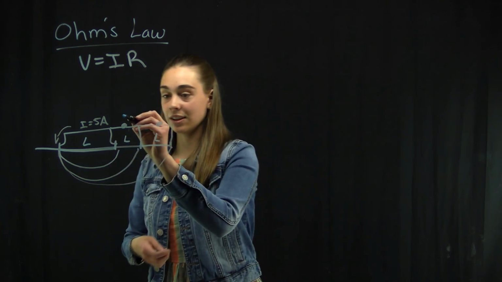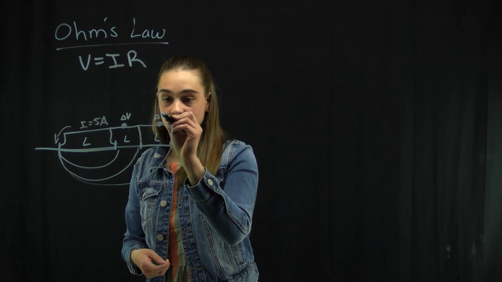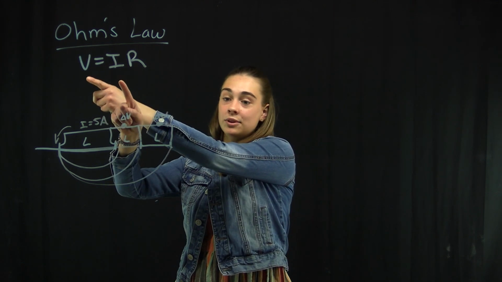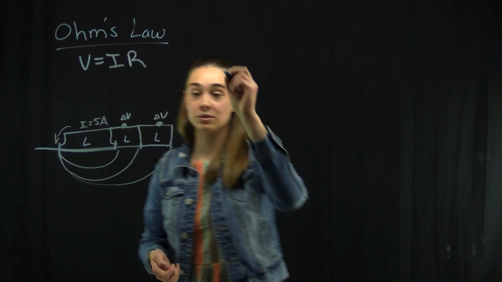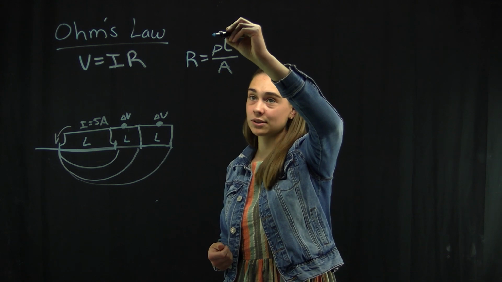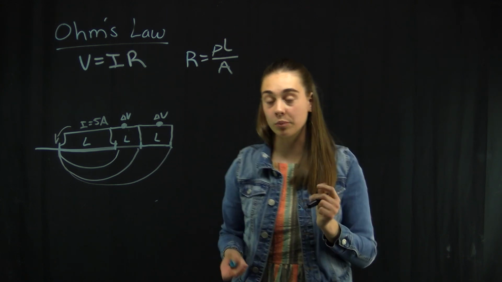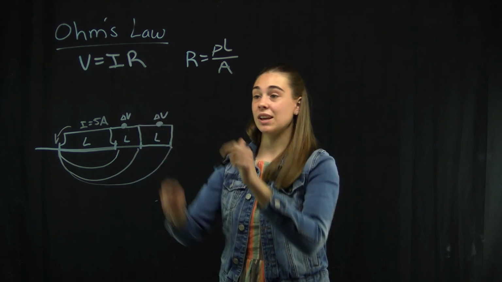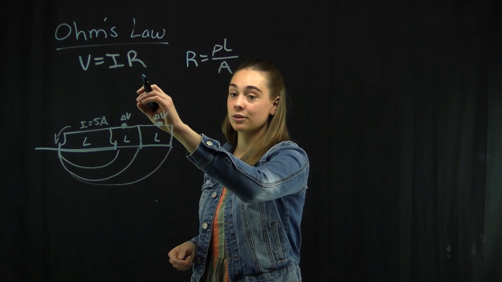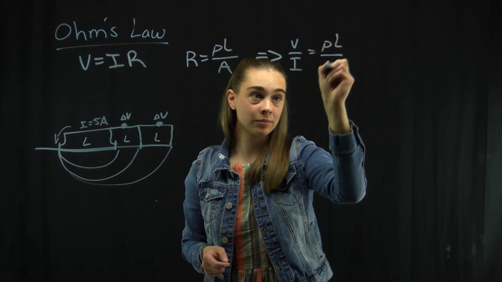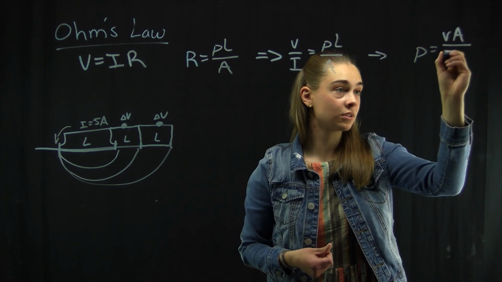We can get the change in voltage through our voltmeters up here. So we have I and we have V. We need resistance. So we'll recall that equation, rho L over A. The end result is we want this rho value. We want the resistivity of the ground. We can basically put these two equations together since we have a common factor of the resistance here and the resistance here. So we can rewrite both of those equations. We still want rho, so we'll solve for rho. So now we